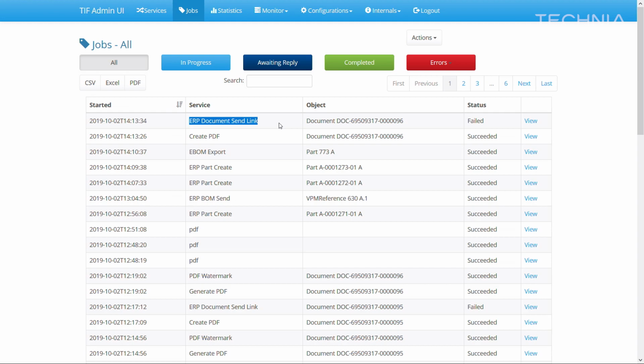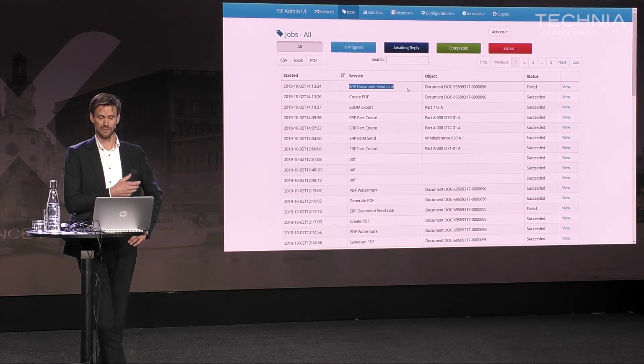In SAP or in your ERP system, you might have a reference to the drawing of this part. In general, you don't want to duplicate the file and store it in your ERP system. Instead, you might want just a reference back to your PLM system. So what this does is that it transfers information to the ERP system where they can then store a link to the actual file inside the 3D Experience.